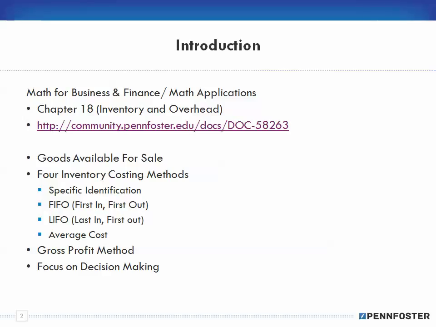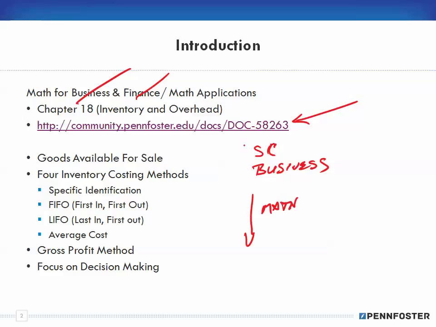If you had Math for Business and Finance, Chapter 18 was about inventory. And this is the link that you can go to on the student community. On the student community, down the left-hand side, we have the business group. And down the left-hand side, we have the math for business applications. And then, of course, you're looking at the financial accounting right now. So if you go up here to the math for business applications, you'll see the Chapter 18 videos,